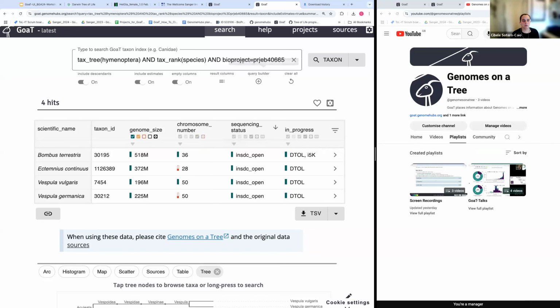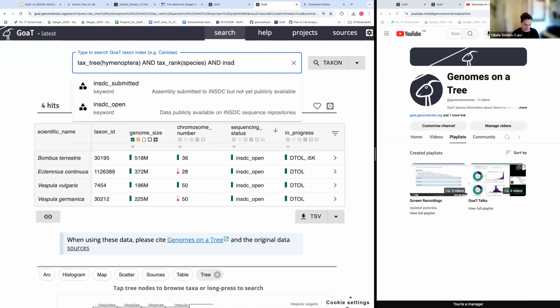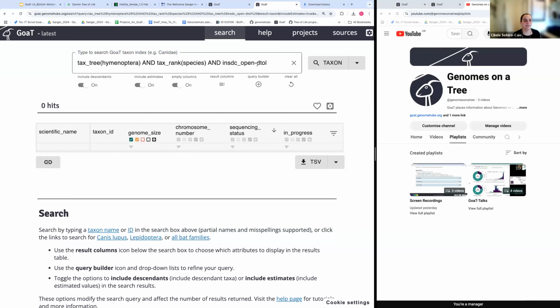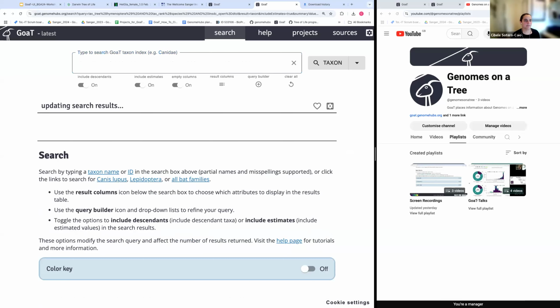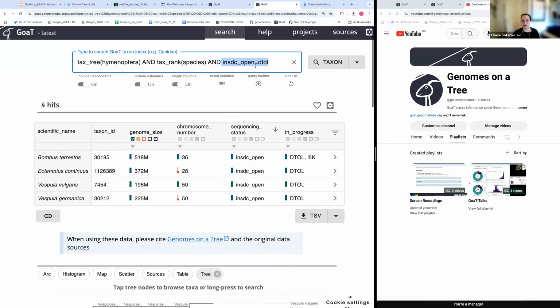But yeah, so I use bioproject or the INSDC open equals DTOL. And then it's the same result. Okay, cool. Thank you. Yeah, this only works if I have the translation from bioproject to the acronym. Or most of the projects I do.